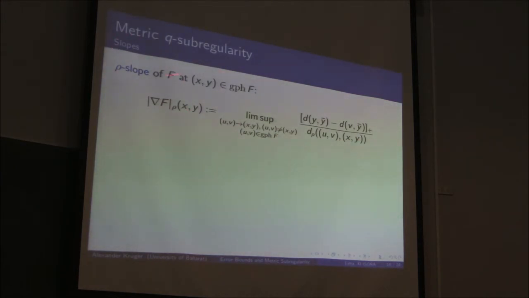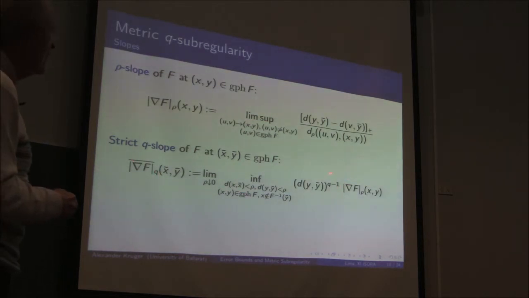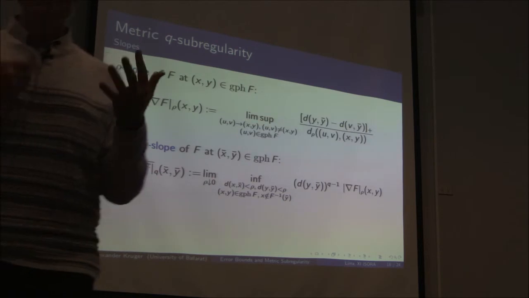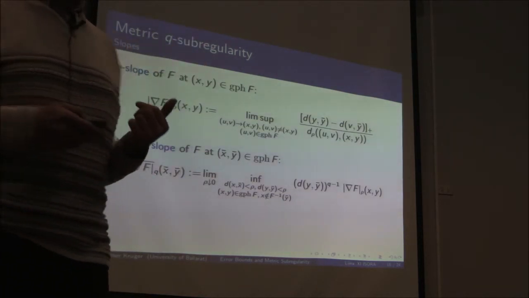This local slope, there is no Q here. It doesn't depend on Q actually, just the definition like this. The strict constant depends on Q because Q is here. It is given here explicitly. We have Q minus 1 here. It is actually just simple calculus to find out that this is what we need here. And